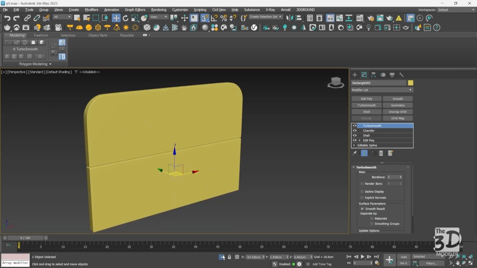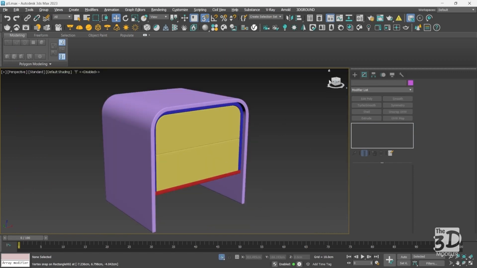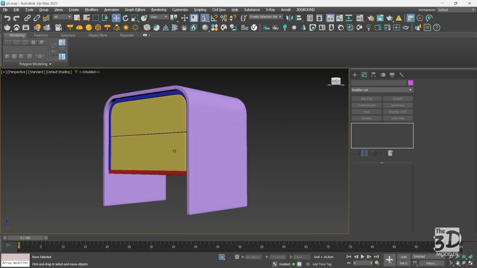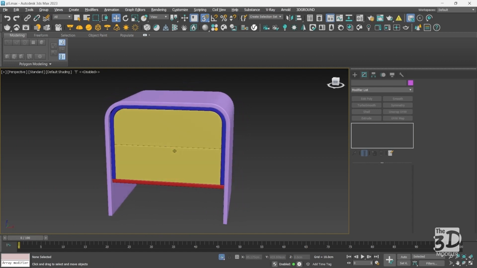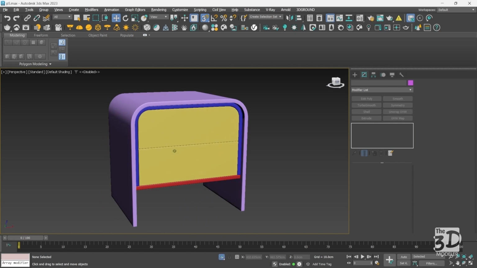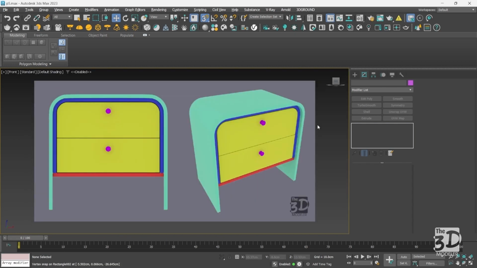Let's exit the isolation mode and select all parts of our nightstand, and as you can see, the face of our nightstand drawers is done. Now let's exit the isolation mode and go to the front view, and now we are ready to model the last piece in our nightstand, which is this cute custom-made wooden handles. And I will do so